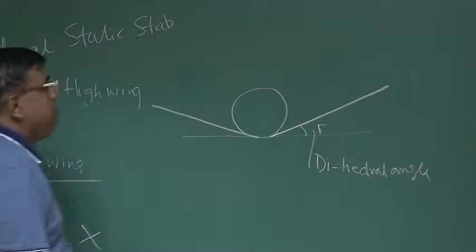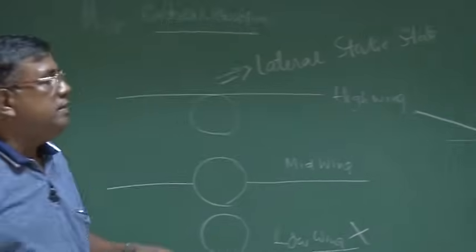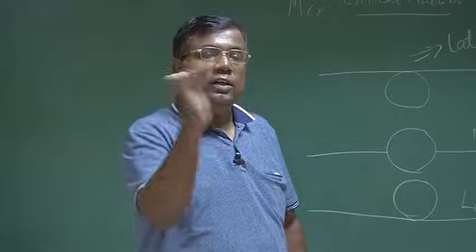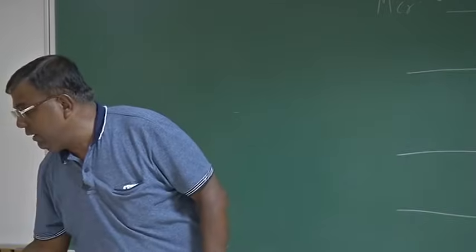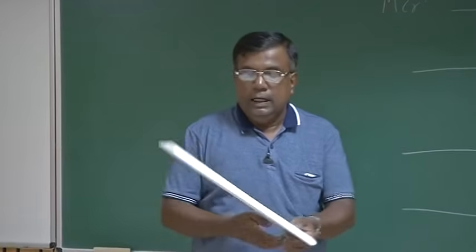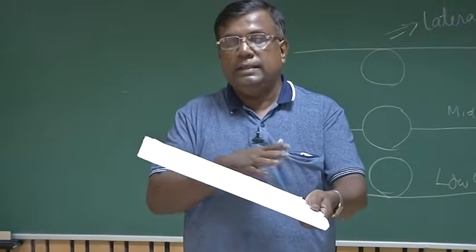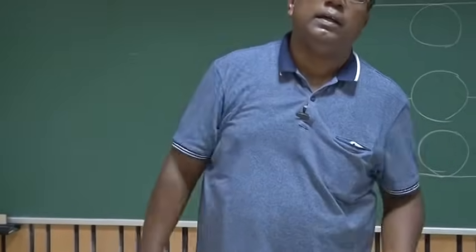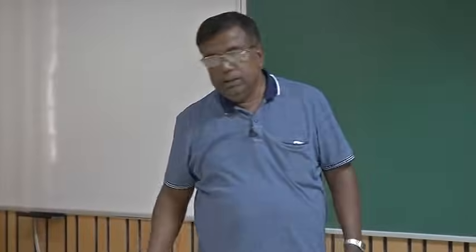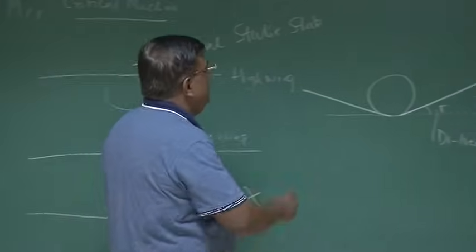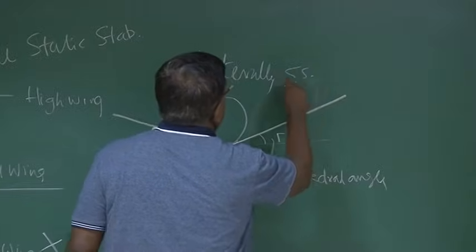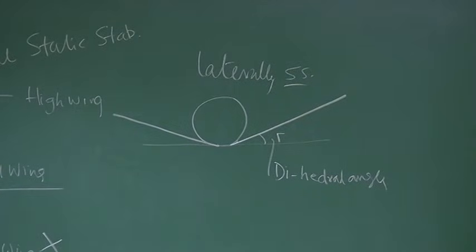You could see that giving a dihedral like this will do exactly the same thing as the high wing. As it banks like this, it side slips. Because the surface is like this, it will roll it back. If I try to explain, let's say this is the dihedral angle, one wing. As there is a bank, it side slips. So air will gust in here and give a force, it will turn it back, right? So giving a dihedral, actually you are making it laterally statically stable. Okay, clear? So you should not get worried if you see some dihedral is given.